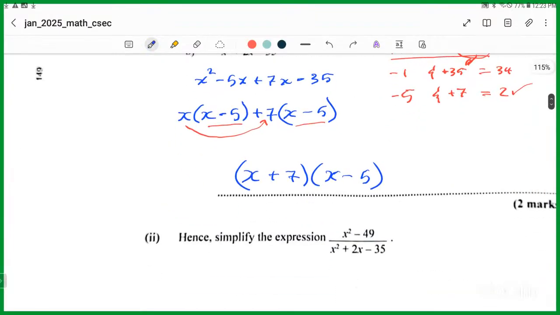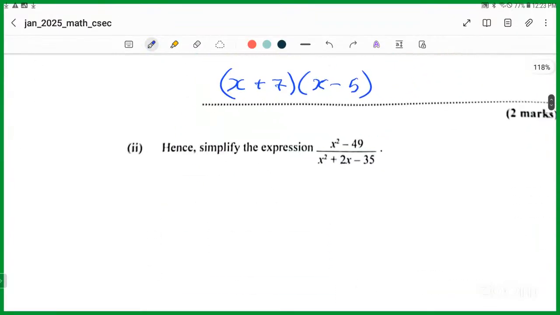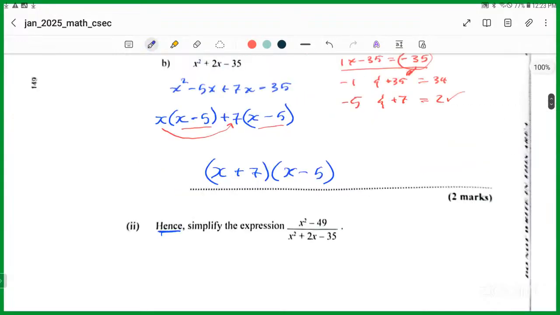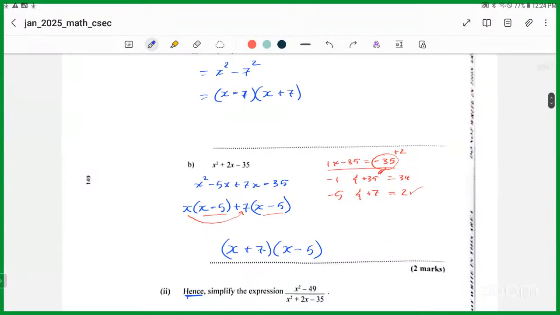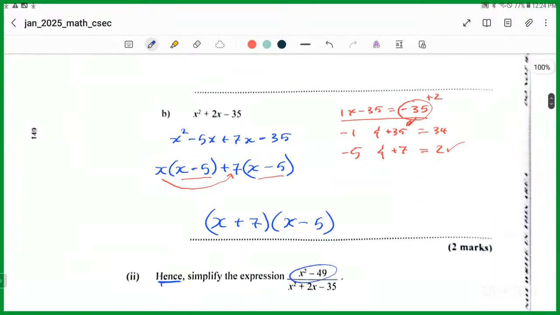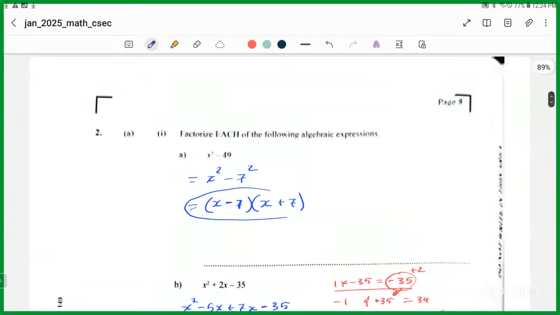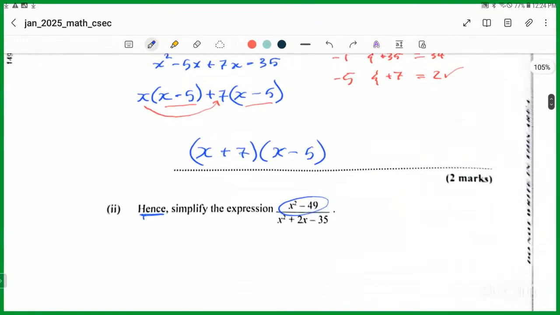Alright. So this one says hence. You know what hence means? Hence means that we have to use these results from up here to simplify this thing. What we observe is that on the numerator is the first two factors that we had up here to factorize. X squared minus 49. So numerator is x minus 7, x plus 7. So this numerator becomes x minus 7, x plus 7